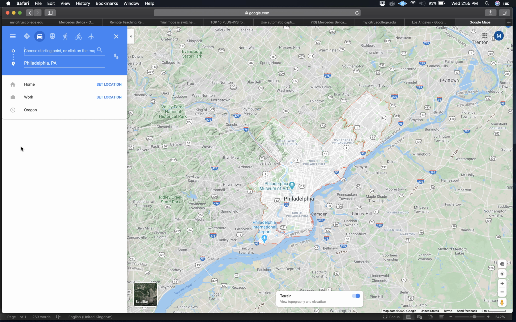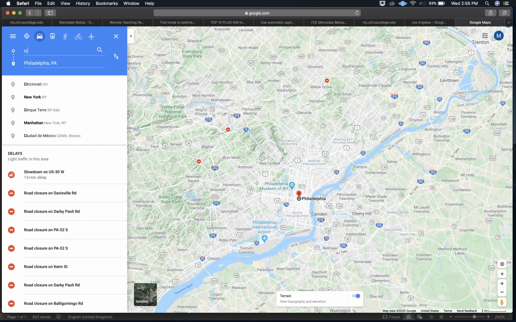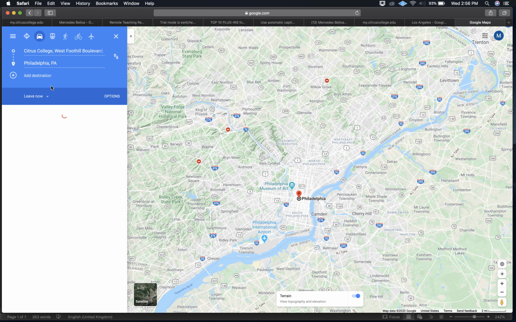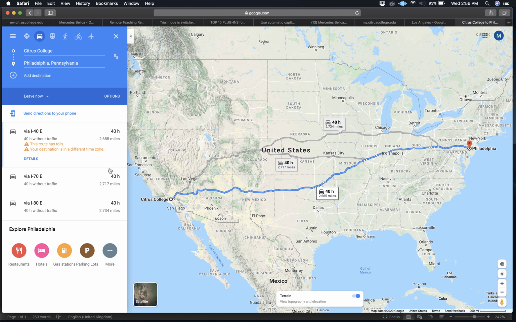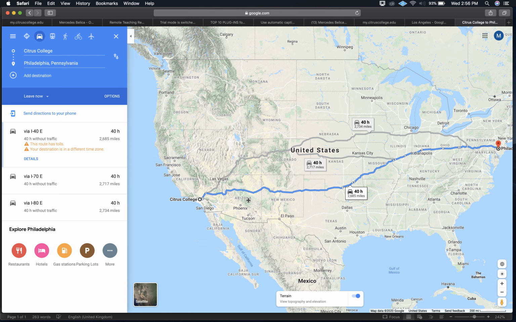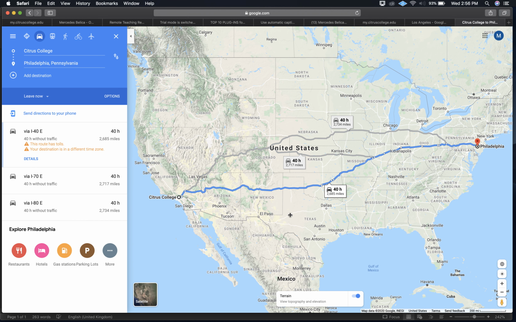All right, directions. Choose a starting point. I'll say Citrus College. Okay. So, let's see. Oh, 40 hours, not bad, you guys. All right, so now as I'm going along this route, I want to describe my changes, right, in elevation and